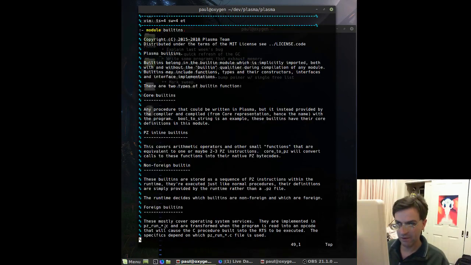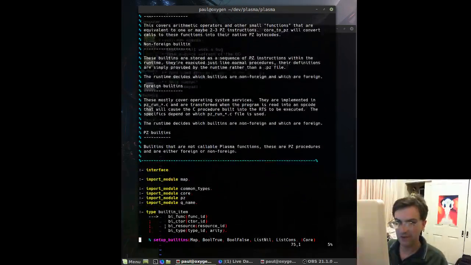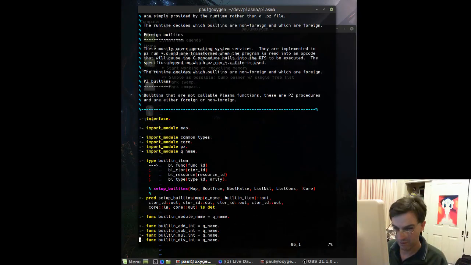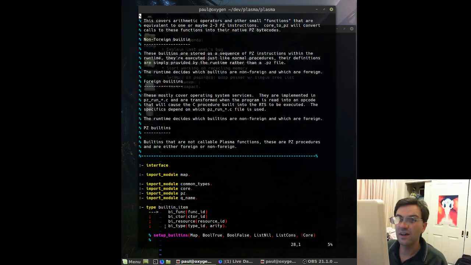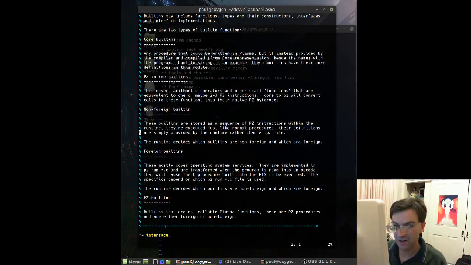Now that's a nice comment at the top of the built-ins file to tell you the different types of built-ins we can have. What we're going to create here, I think, is a foreign built-in. These mostly cover operating systems, so they're usually located in PZ run and are transformed when the program is read into the opcode that will cause the C procedure built into the runtime system to be executed. The specifics depend on which PZ run file is used. Yes, this is what I'm intending to use. So we need a foreign built-in